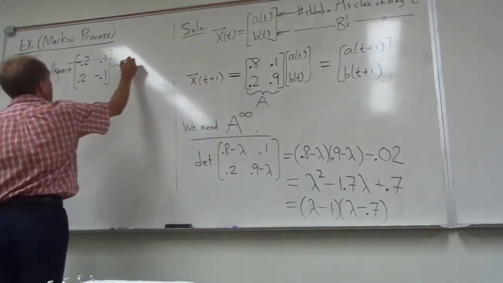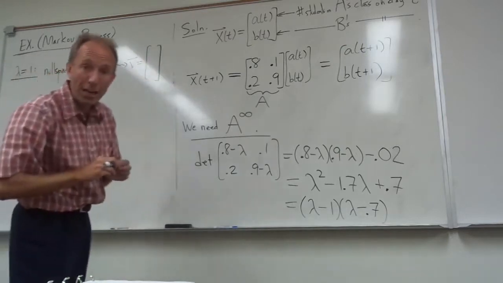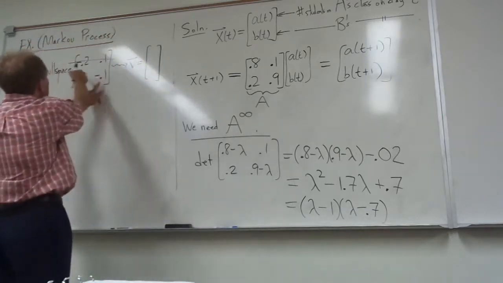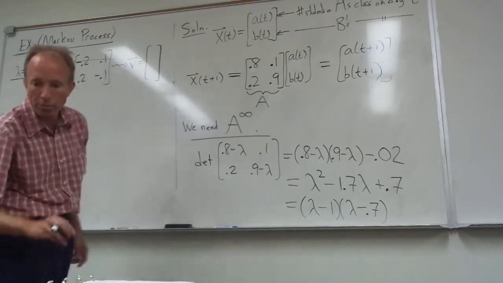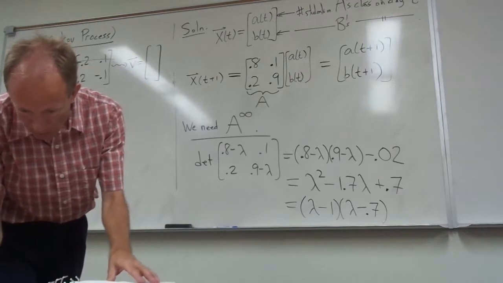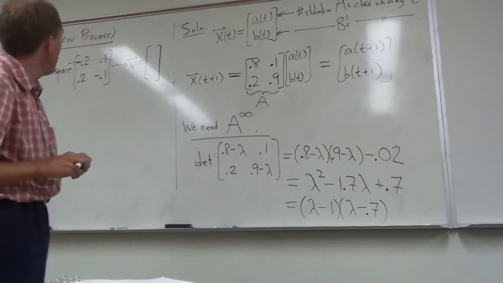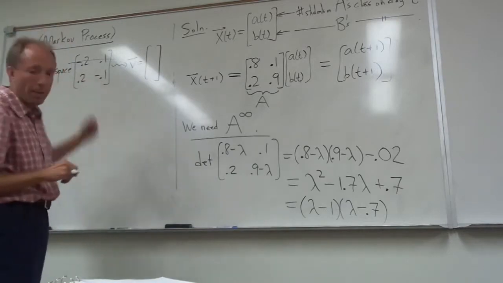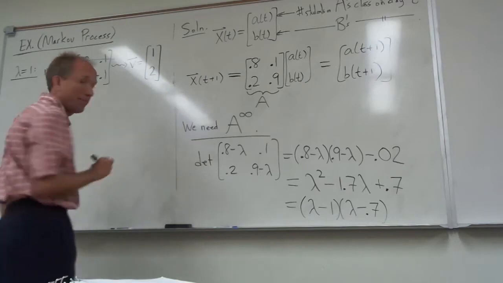Then I'm going to make an eigenvector by doing that trick that I showed you in an earlier segment, where I swap these 2 entries and change the sign of one of them. Let me just make sure that I'm doing it the same way both times. I'm going to swap these 2 entries and make them both positive. I'm also going to multiply through by 10. I'm going to get rid of